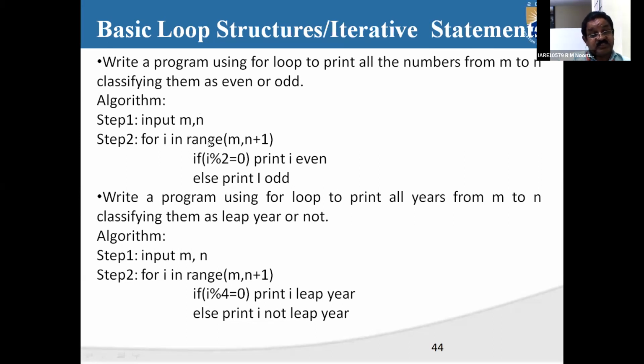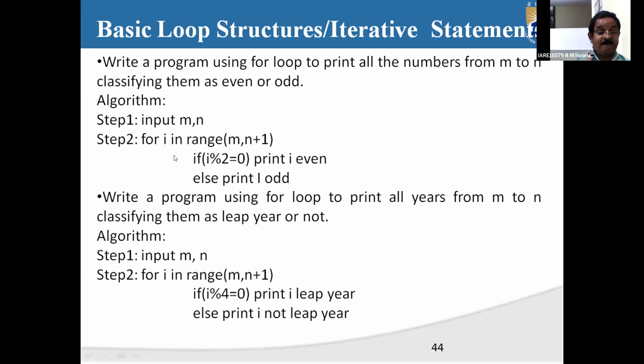A while statement can also be converted into a for statement. So whatever programs you have written with while can also be done using the for statement, and whatever for statements you have made use of can also be done with a while statement. For example, if I want to convert this for i in range m, comma n plus 1, into while, what are the relevant statements that I have to write?